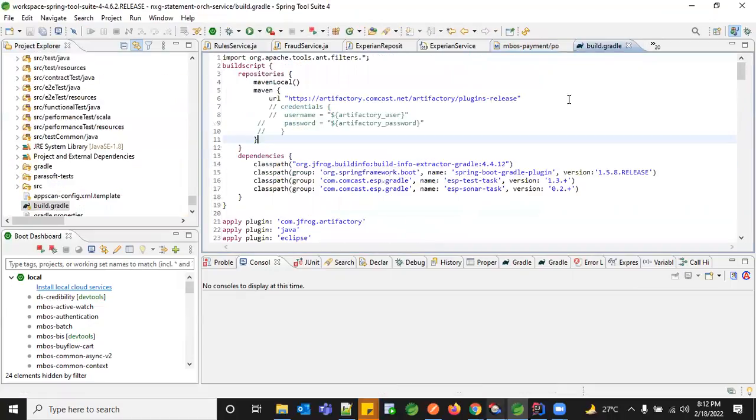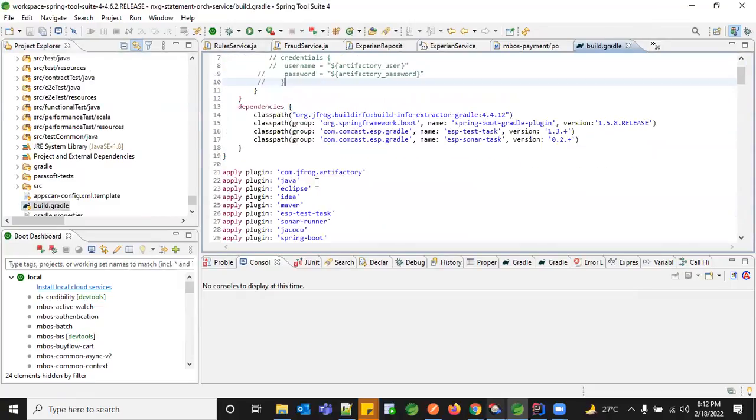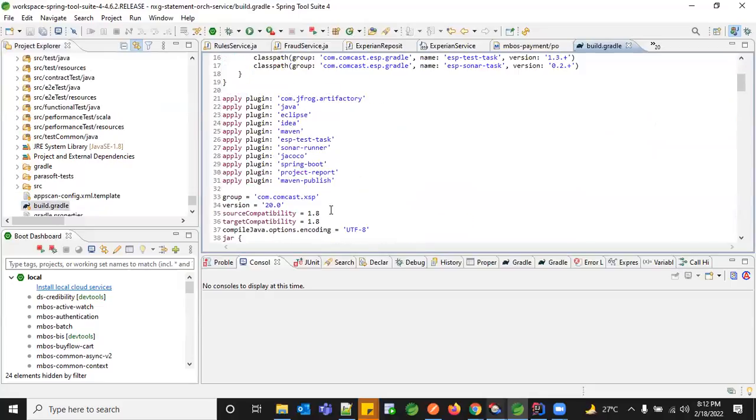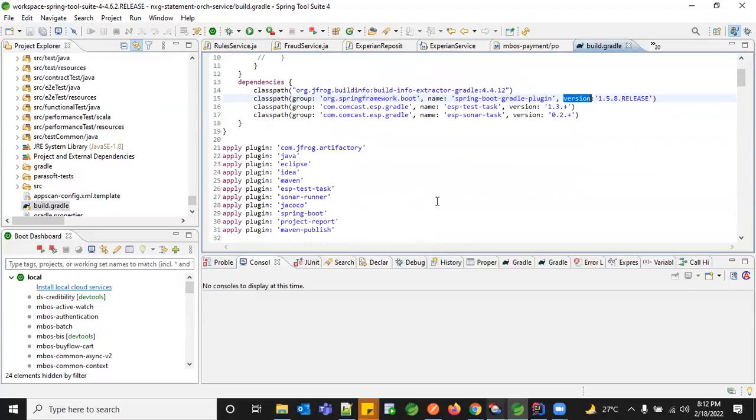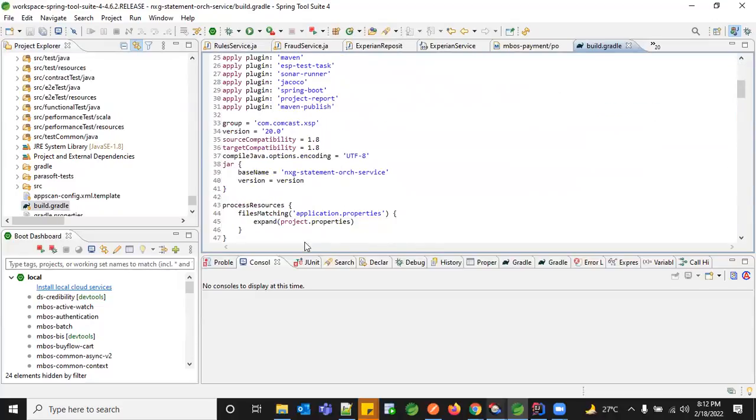Whereas compared to Gradle, it is more of a script language. So you need to know the Groovy language. Based on that Groovy language, this particular structure has been imposed, and you can download all your dependencies just by giving the same thing, like your group ID, artifact ID, and the versioning. And you have a little different structure.